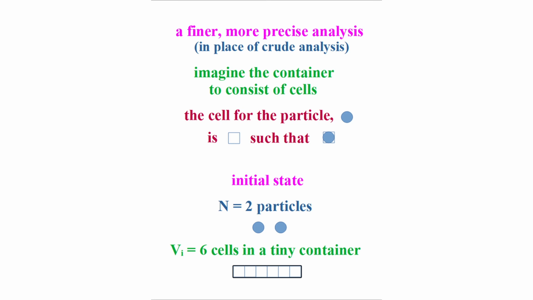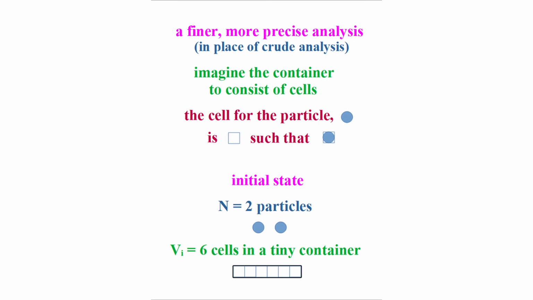In how many ways can the 2 particles be spatially arranged in Vi? That is, how many microstates are there corresponding to this macrostate of n equal to 2 and Vi equal to